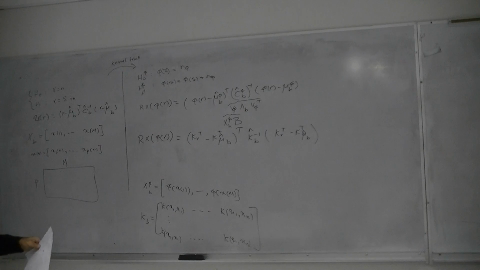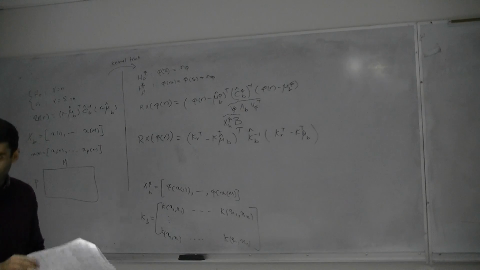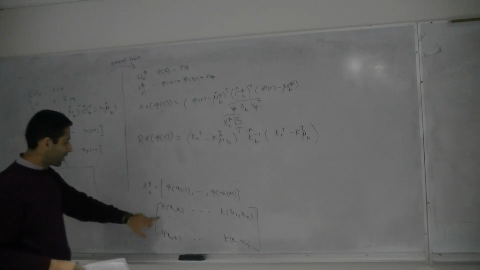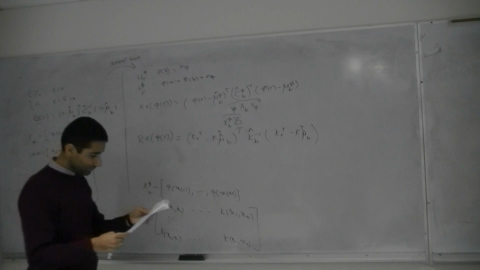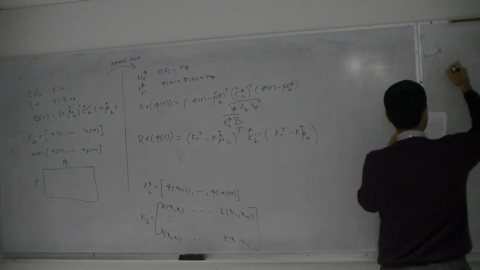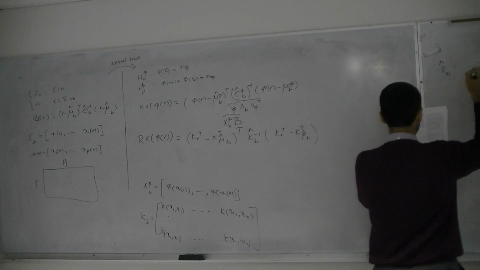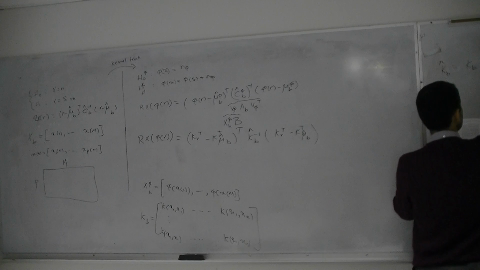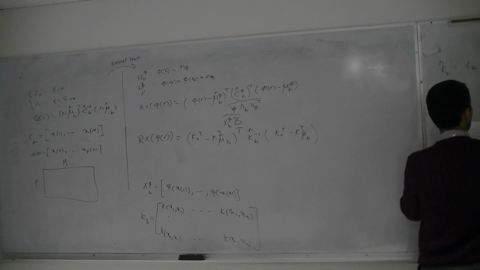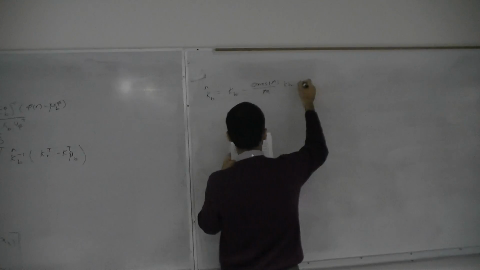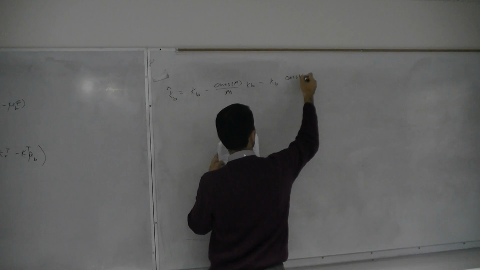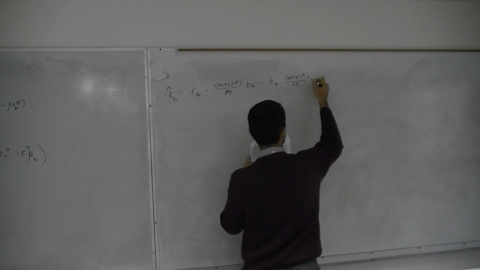If you remember, I used the equation something like this: k b hat is equal to kb minus 1 m over m, kb minus kb multiplied by 1 m over m plus